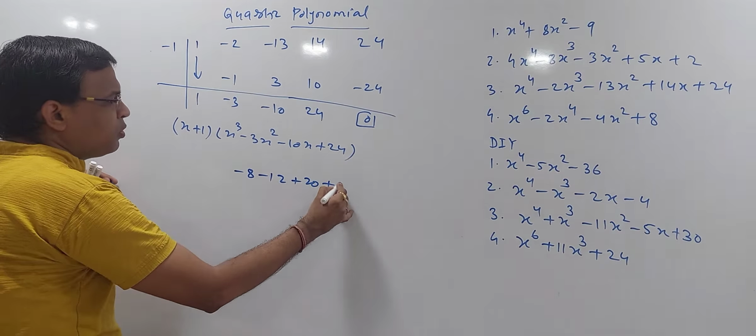x minus 2, x minus 4. I will just let you know about the trick which we are using to factor. It's a quadratic polynomial. We want the factor of this. So the coefficient over here is 1. The factors of 1 is 1 and 1. We attach x with this.